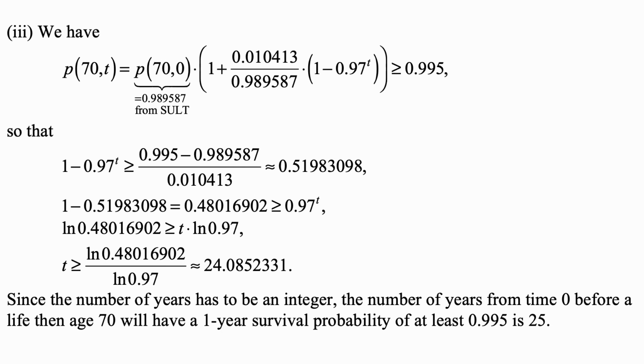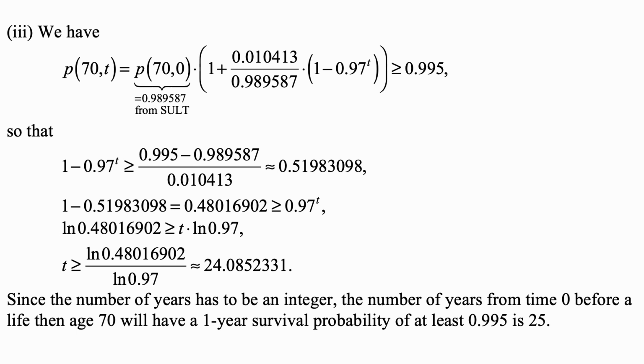For part 3 of that question C, P of 70t is P of 70, which we can look up from the standard ultimate life table as 1 minus Q70 from the table, times 1 plus 0.010413 over 0.989587 from the table, of course, times 1 minus 0.97 to the power t, and we want this to be greater than or equal to 0.995. Okay, that is equivalent to saying that 1 minus 0.97 to the t is greater than or equal to 0.995 minus